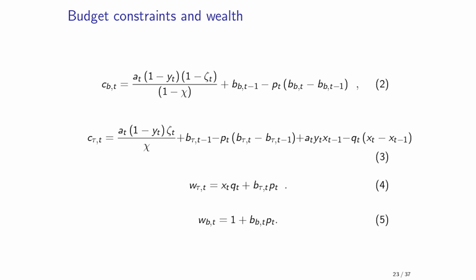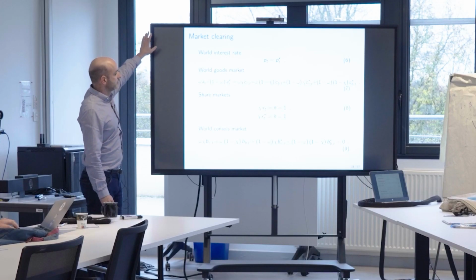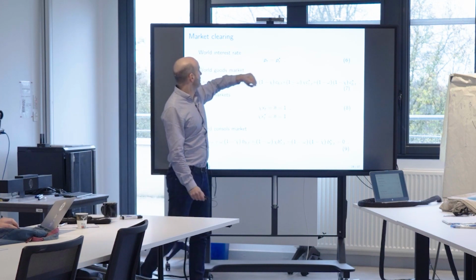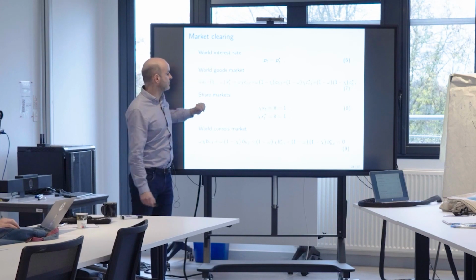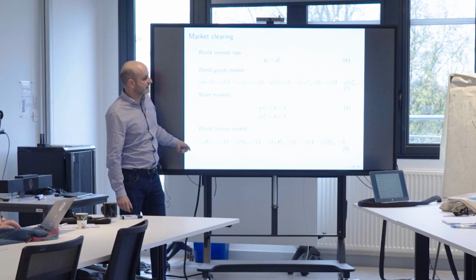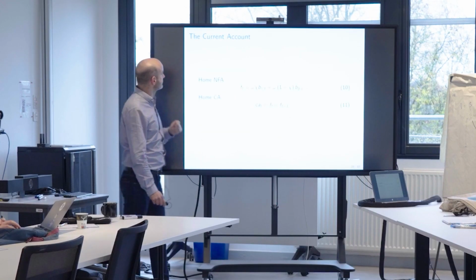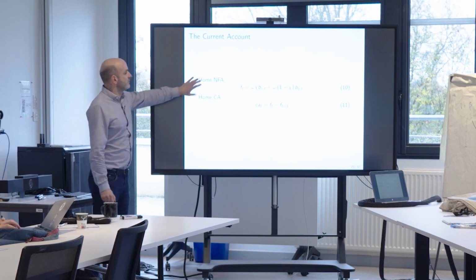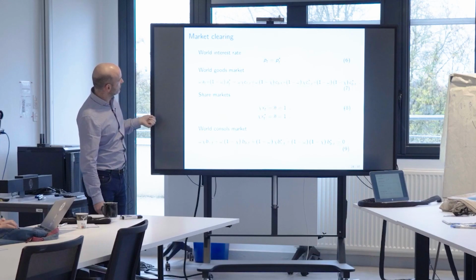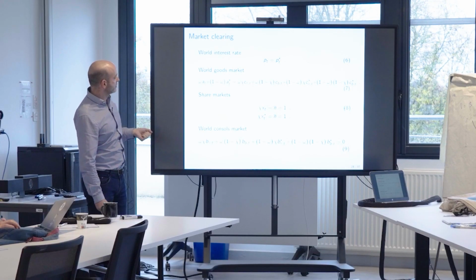And so we need this fix for the bottom earners. Now to close the model, we have the world interest rate in 2 countries. We have the world good markets. There's no surprise. The share markets, I already commented on that. And bonds are in zero net supply worldwide. And we have this variable to measure net foreign asset and current account. So you can see that all the equations are actually linear in all the endogenous variables